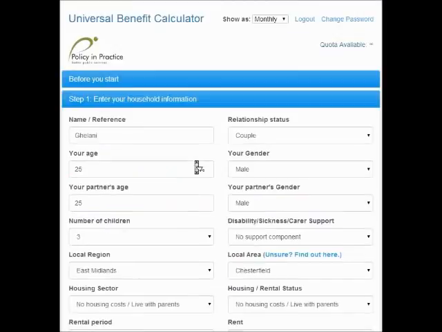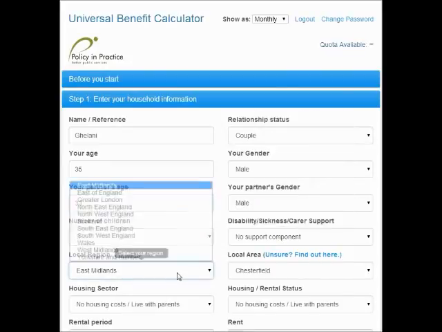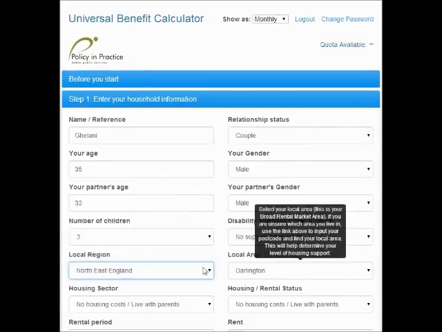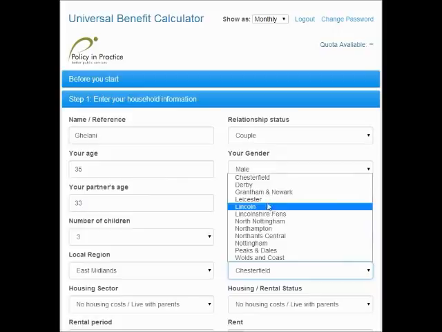Children's questions only come up if you have children. So just enter some basic information. My dad was 35, my mum was 33, 3 children, no sickness support. We did grow up in the East Midlands, but if you change this, then the local area changes. And we grew up in Leicester,